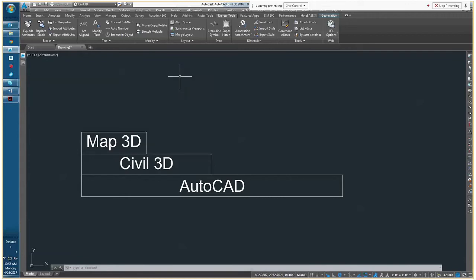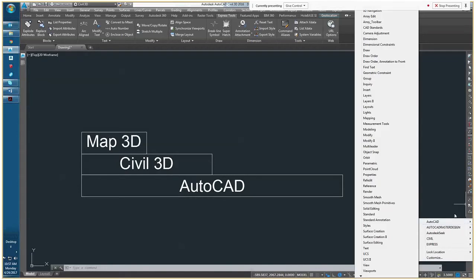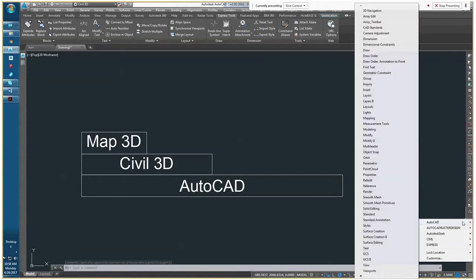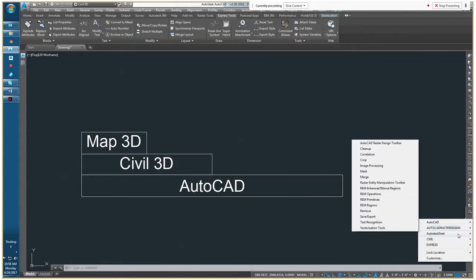And then the reason that I say to leave these two Civil 3D toolbars up, at least in the beginning when you first start Civil 3D, is that with them up is pretty much going to be the only way you're going to have access to this right-click context menu. So what I'm doing here is right-clicking on the space underneath the two toolbars and bringing up these menus of additional tools